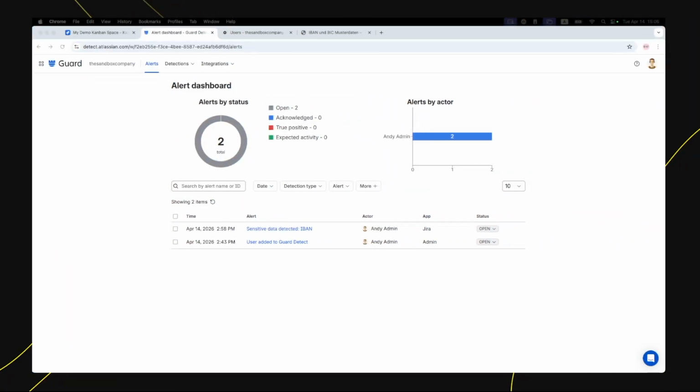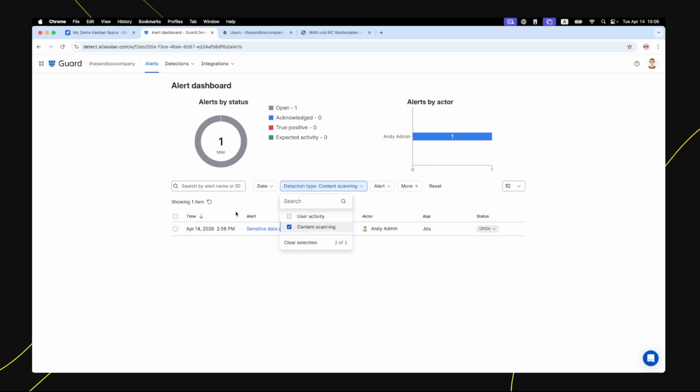Let's have a look and see it in action. So I'm already logged in to Atlassian Guard Detect, and you will also start here at the alert dashboard. And now I can see a list of concurrent alerts. In my lab instance, there are not so many, but you could filter them by content scanning, and you will see that there was sensitive data detected, and it shows me that Guard Detect has identified potentially sensitive